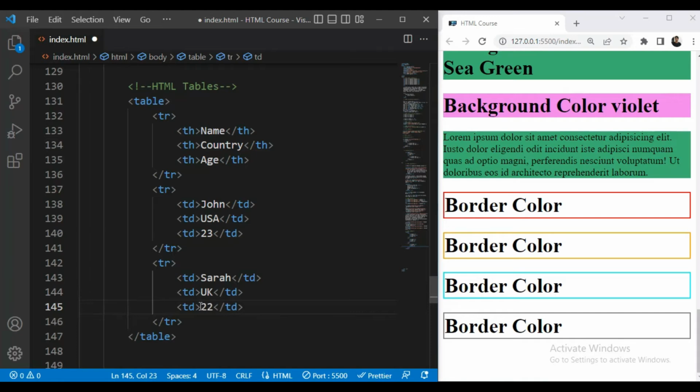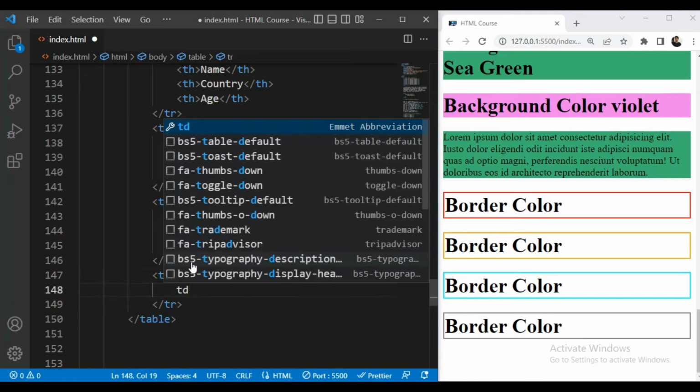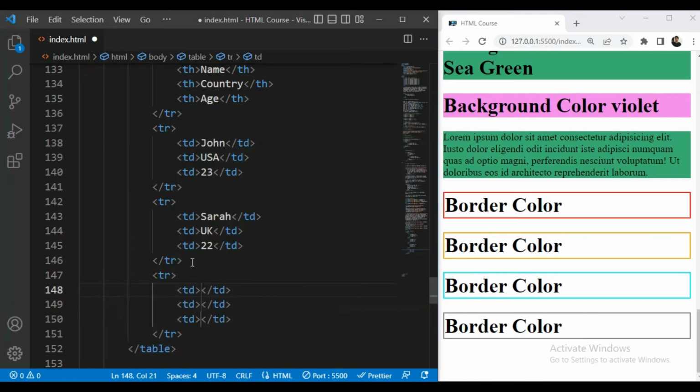age 22. Then we will take another table row, so tr, then table data. So here we will take for example Martin, and country name for example France, and table data.